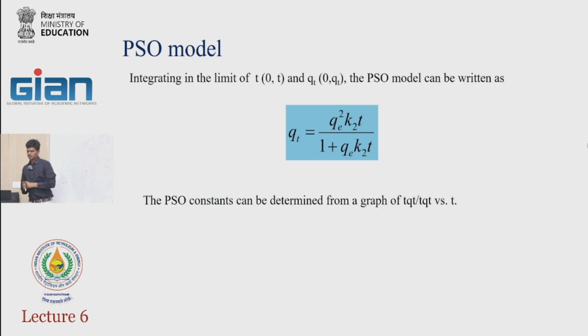What people believe is that whenever they observe kinetics with the pseudo second order model, they assume it has something to do with chemical adsorption, because whenever there is chemical adsorption, they observe this. But please note that whenever you observe the pseudo second order model, it does not mean that chemical adsorption is happening. If chemical adsorption is happening, you are able to fit the data with the pseudo second order model. But whenever you are able to fit with the pseudo second order model, it does not mean that chemical adsorption is happening. So the other way around is not correct. Okay, so what you have to do to verify it,